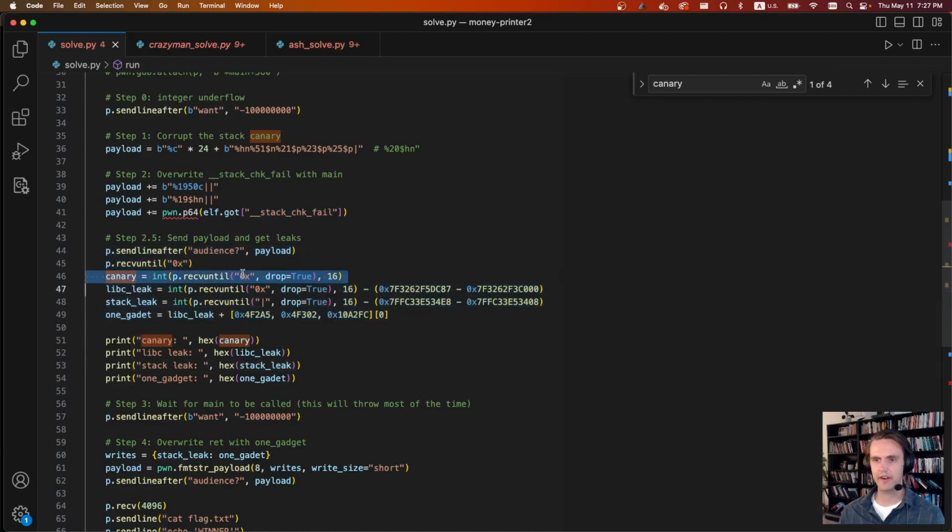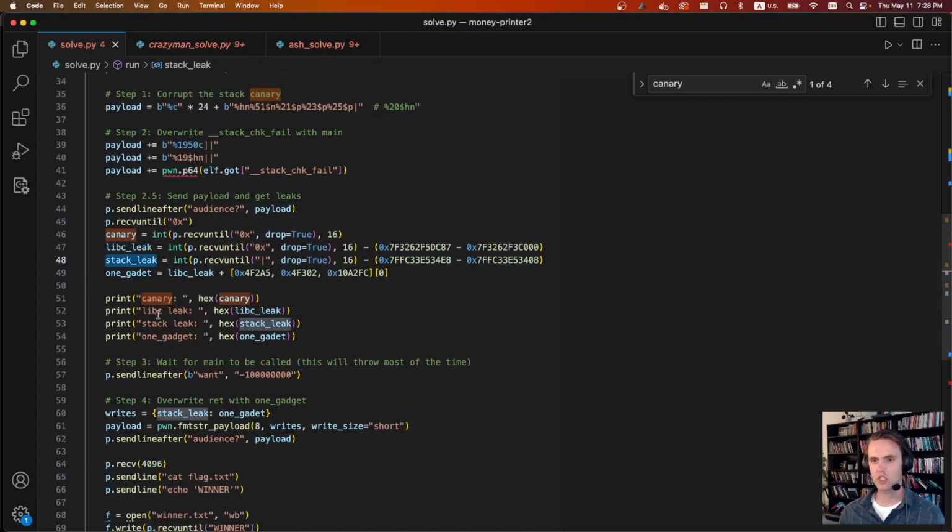So the first leak is a canary. We don't actually need it. I just like to print it. The next one is a libc leak. You just take the current leak and you do a vmmap in GDB. You can calculate the base, and then you can subtract that. And so we have the base of libc. Then from there, we're going to use,